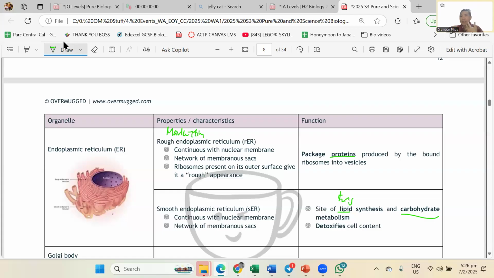Now, why? When Taylor Swift wants to have a concert in America, the marketing team will make all the slides, all the posters, everything for the American audience. If I want to have a concert in a more conservative country, can they use the same advertisement? No, right? Cannot. So that will have to change. In order to change the material of the marketing, I must send my marketing material somewhere to be edited. That is why the RER's job is to package something to be edited. What is the thing that will be edited? It is your proteins. So your RER is going to make the proteins.